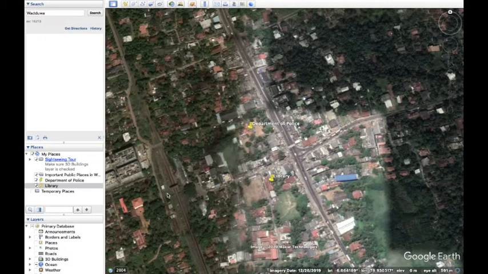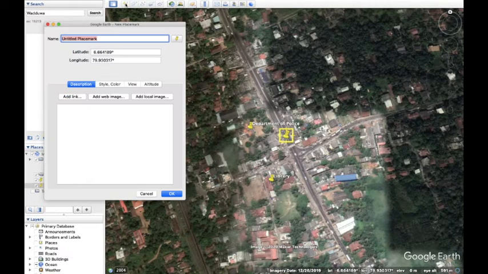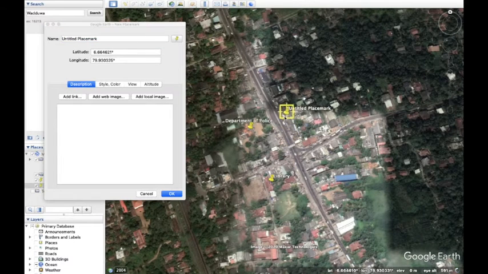Click OK. This is the place of a bank, that is BOC Bank.